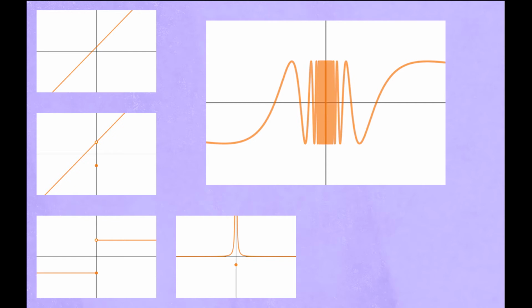But here it is because the function acts wildly near x equals 0. Such a discontinuity is called an oscillating discontinuity, and every discontinuity that isn't a removable, jump, or infinite discontinuity is called oscillating. We have defined continuity using limits, and just like with limits, there is a one-sided version corresponding to